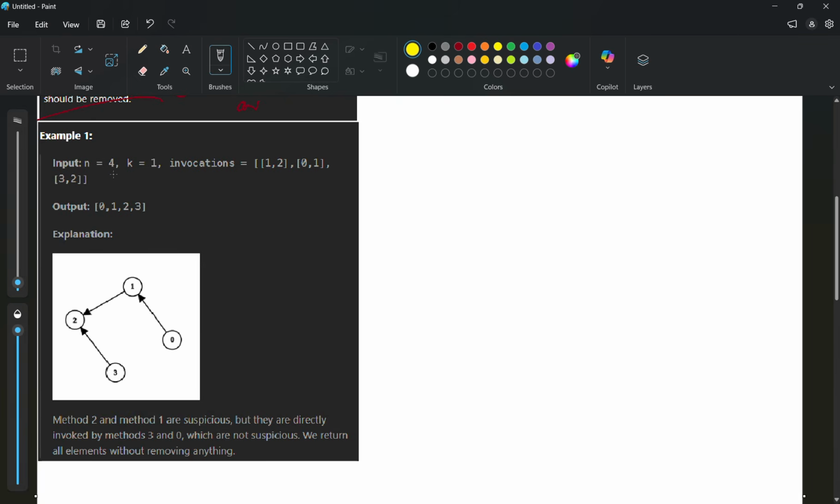In this graph, as you can see, we are given n equal to 4. It means that we have 4 nodes, and the suspicious node is 1. You can see that this node is suspicious for us. And this is given as the invocation. So 1 is dependent on 2, 0 is dependent on 1, and 3 is dependent on 2. So this is the suspicious node, and we have to return the array which does not contain any suspicious method,